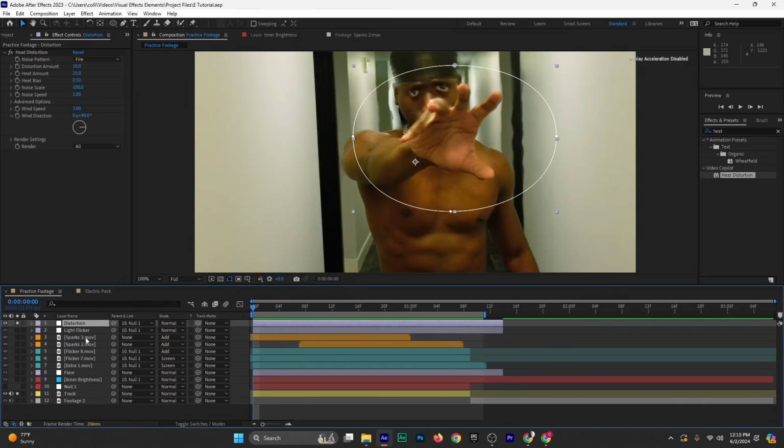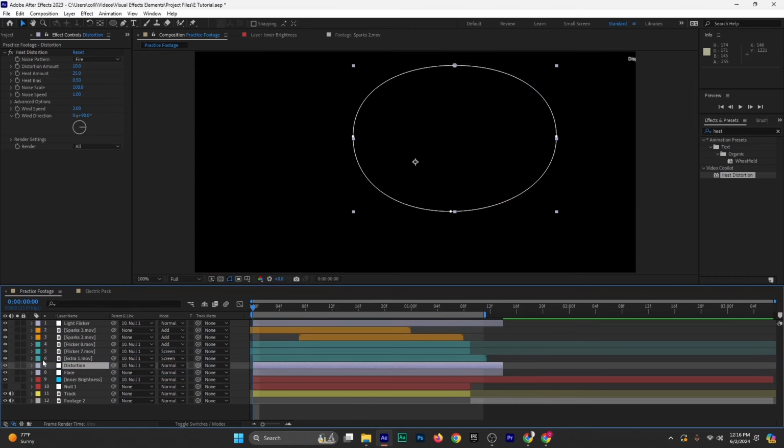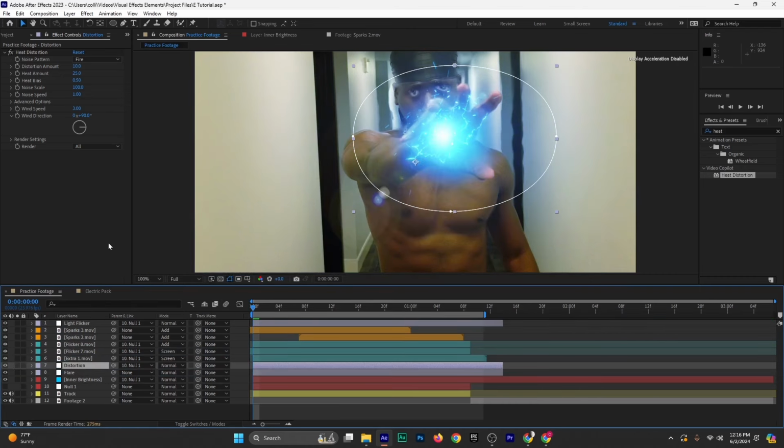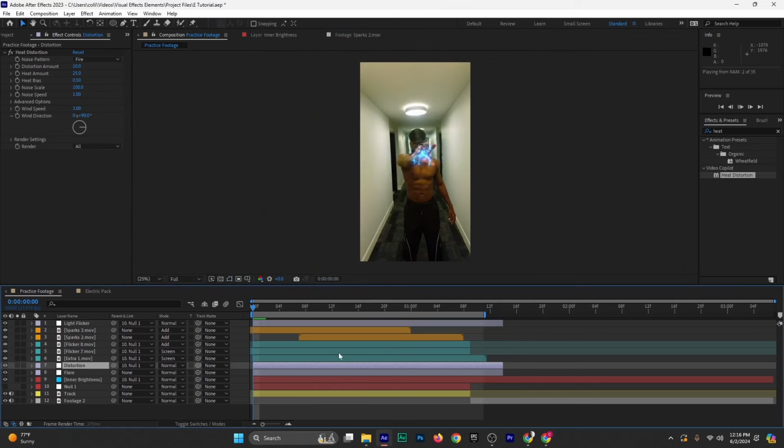Hit Control S to save, and just reposition this distortion right on top of the flare itself. So right below all the lightning assets and the sparks, but right on top of the flare. And let's just basically unsolo everything to review all the properties one more time. Now, if we zoom back out and we press play,